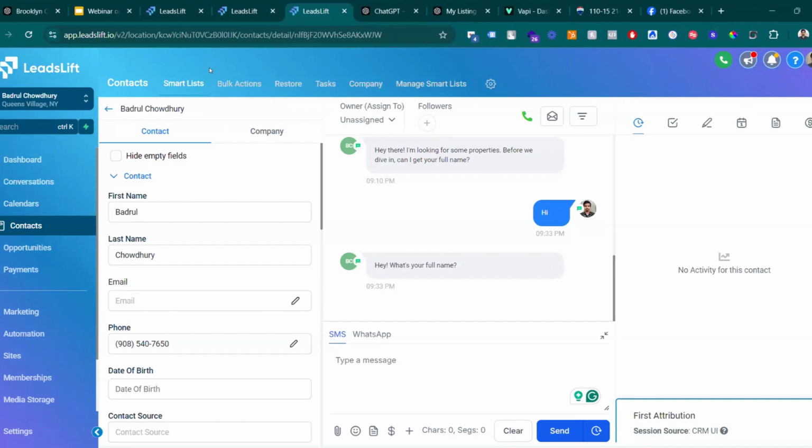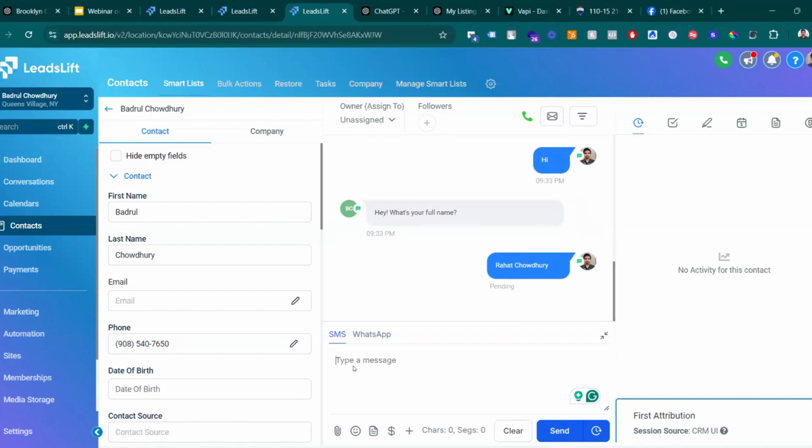Many CRMs will have similar features in coming months and years, but we are just showing a use case of what you can do using AI, because a lot of people ask us how you actually implement AI in real estate, or say this is not too helpful. You can write down a few things, but this is something where you can start developing and building your business, and it saves you time.